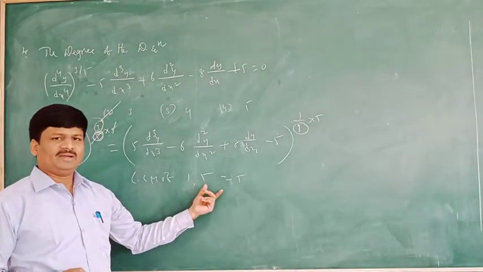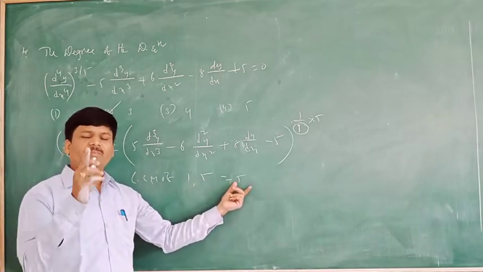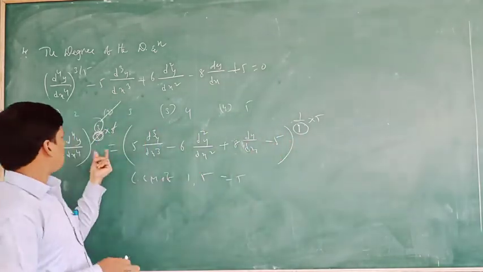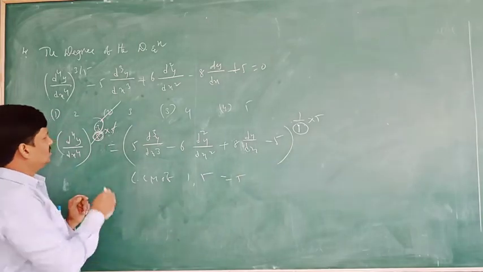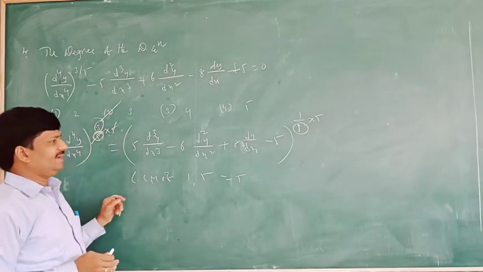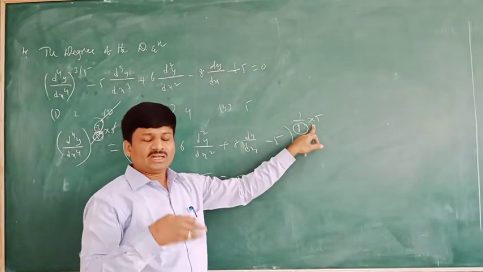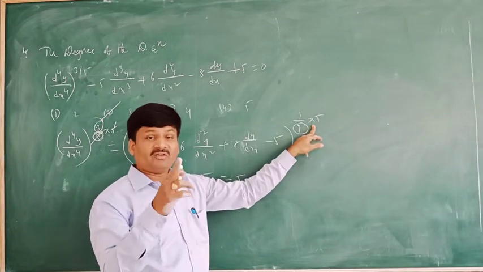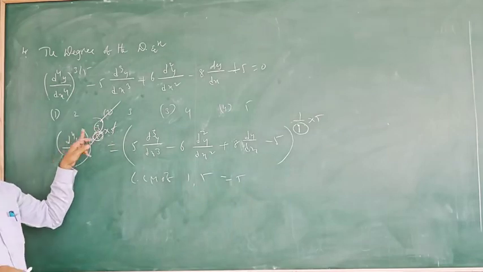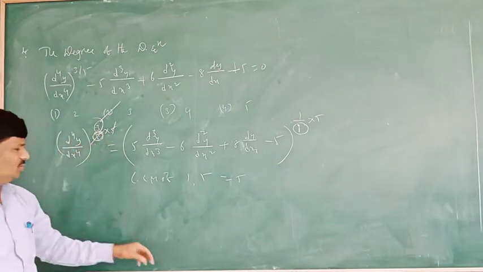We have to take the LCM of 1 comma 5. What is the LCM of 1 comma 5? 5 only. So now we multiply the powers by 5, here and here also. After multiplying, the 5 cancels and I get 3. What is the meaning of that? Is it a positive integer or not? 3 is a positive integer. Yes. Here also 1 by 1 into 5 means whole power 5. But what is the degree? How can you define it? The power of the highest order, which is 3 only. So 3 is the degree of the differential equation.